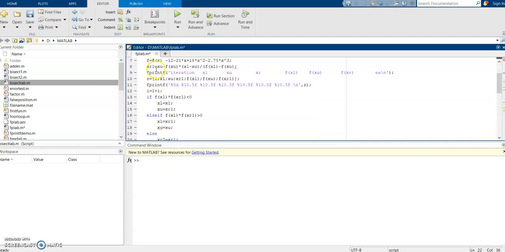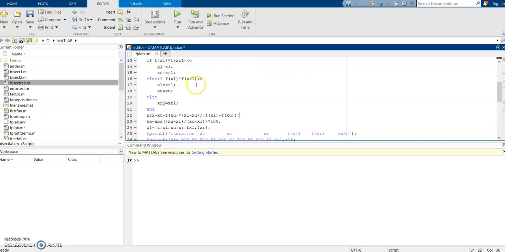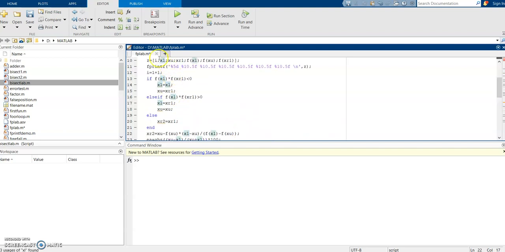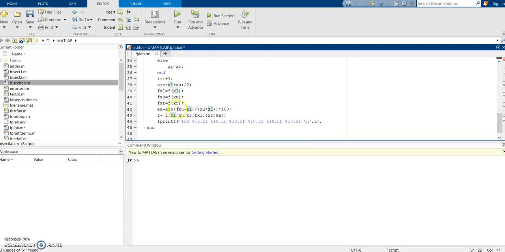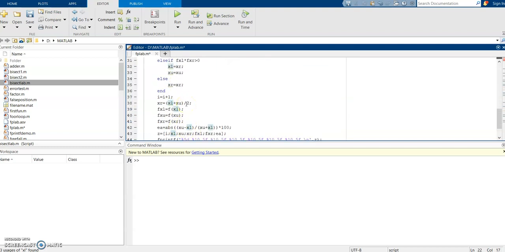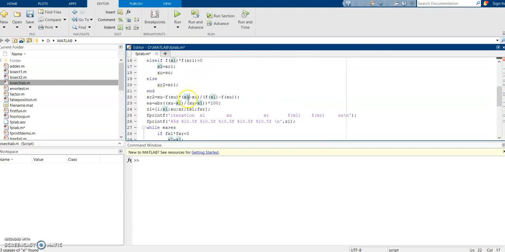So for example, here xr1 is equal to this, and now we will calculate xr2 is equal to xu, fxu, fxl minus fxl, and then same. Remember that these xl and xu values will be the ones which will be updated within this if structure. So these will not be the ones from the previous case. Okay, these will be the updated values. So therefore we will get an updated